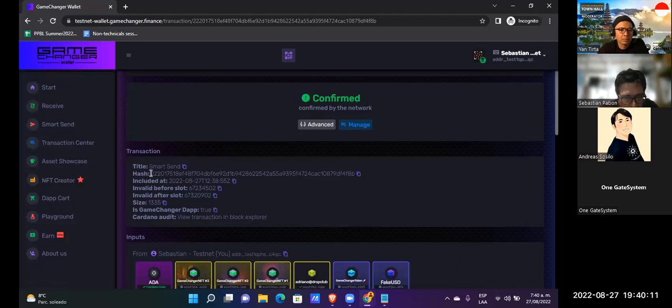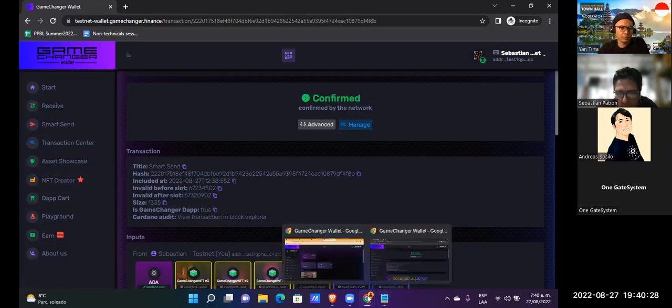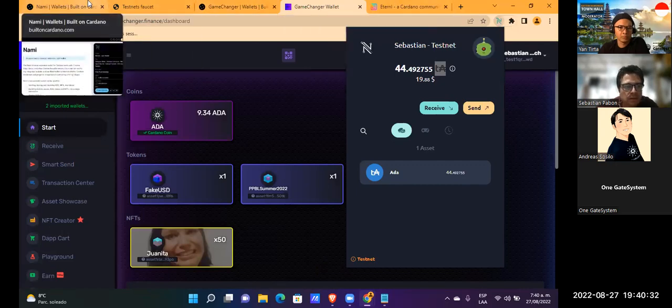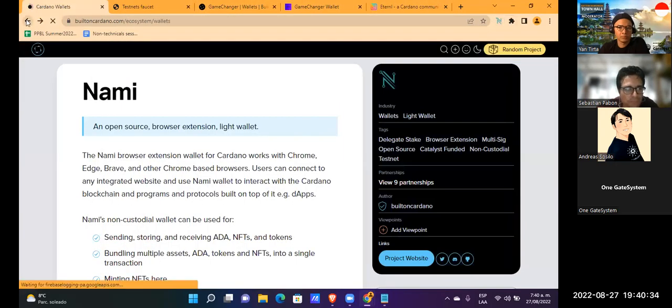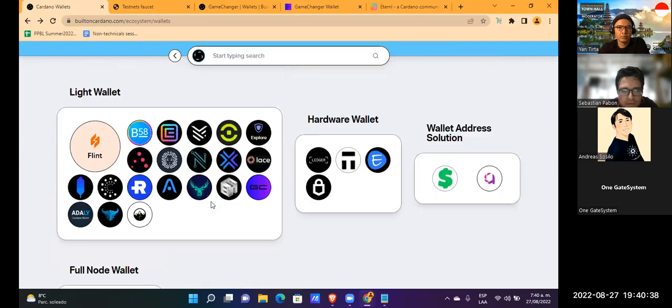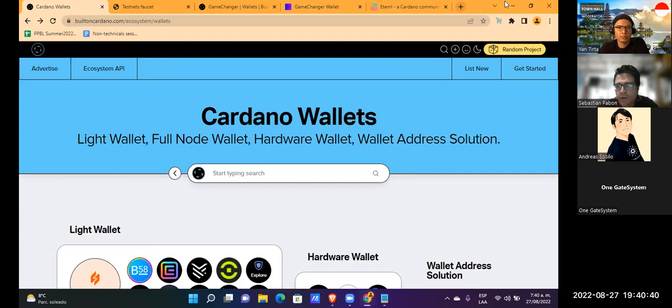For example, one of the most important things is this hash, because you can follow the transaction with tools.